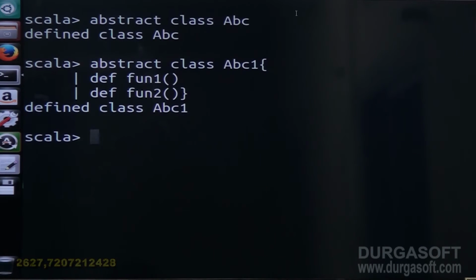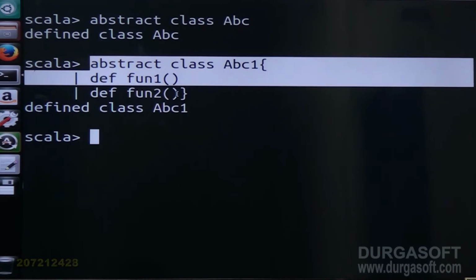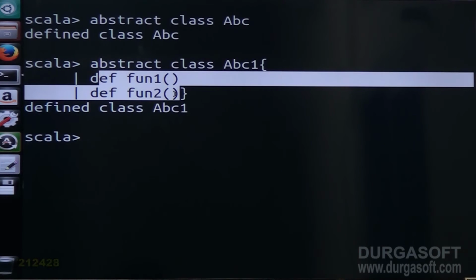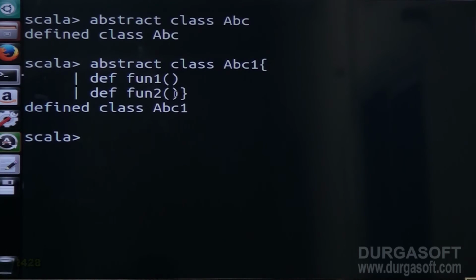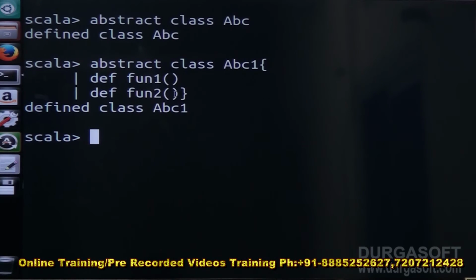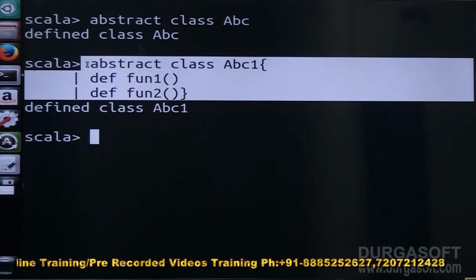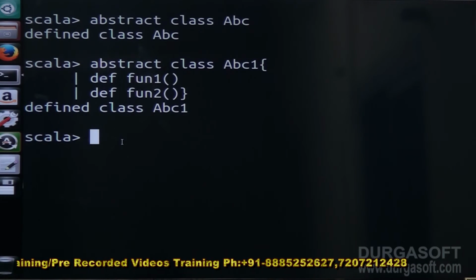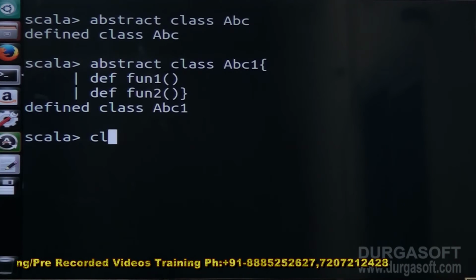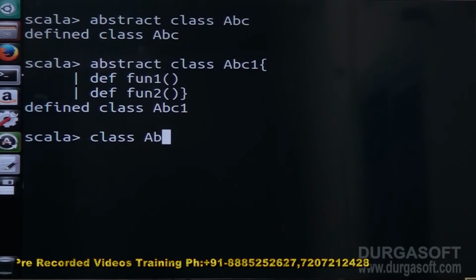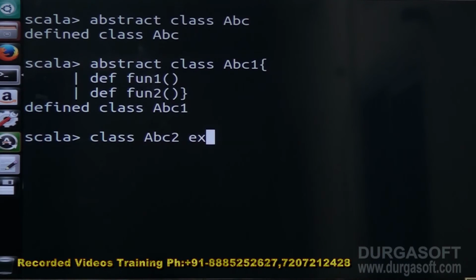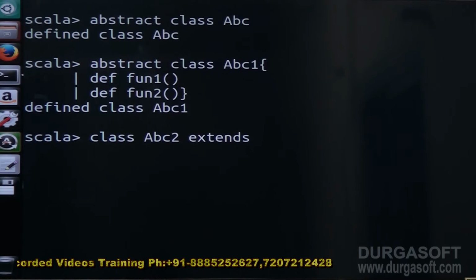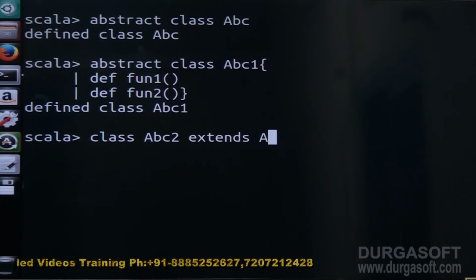It doesn't give any error. Why? Because I am clearly saying this is an abstract class. If we forget about the definition for these two functions also, nothing will happen, they will automatically be taken as abstract methods. Fine. That is the advantage of abstract methods. And we can make use of these abstract methods by extending them with child classes, mixing these abstract classes with normal classes. Again we have to write class ABC2 extends ABC1,